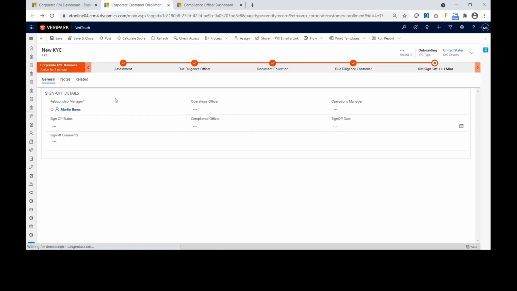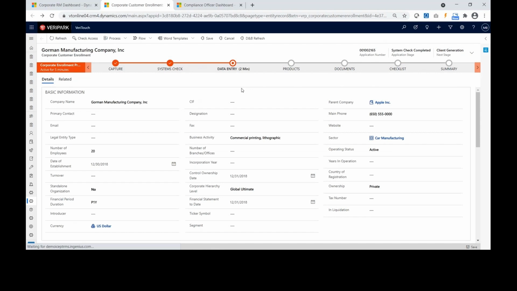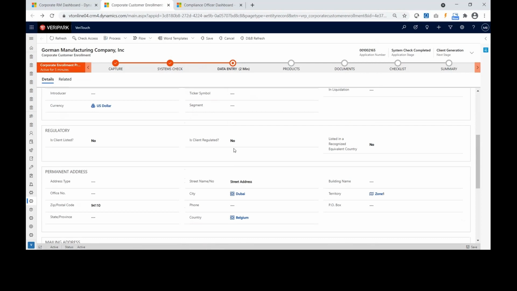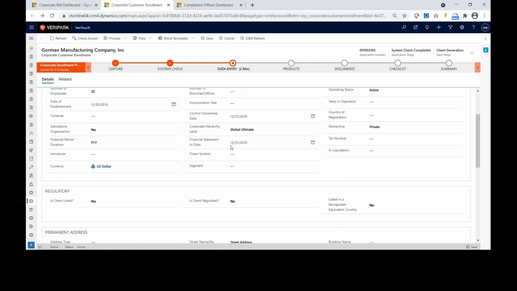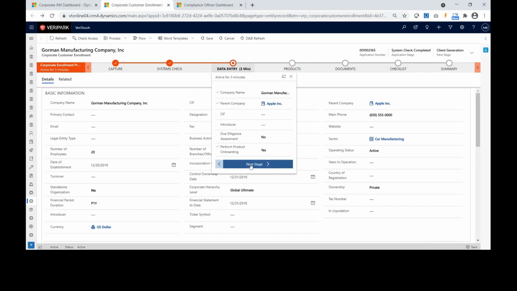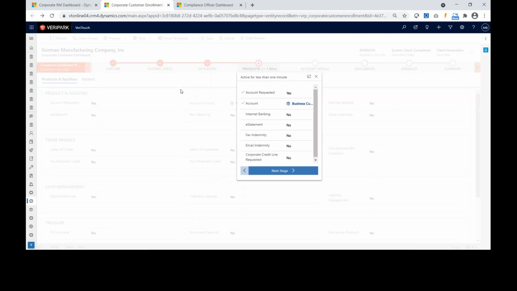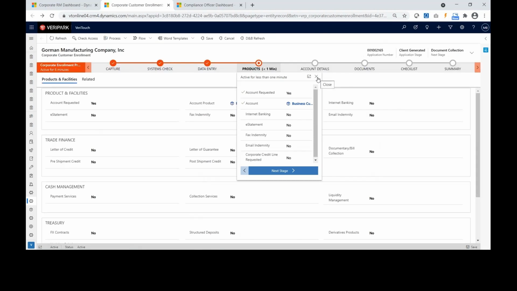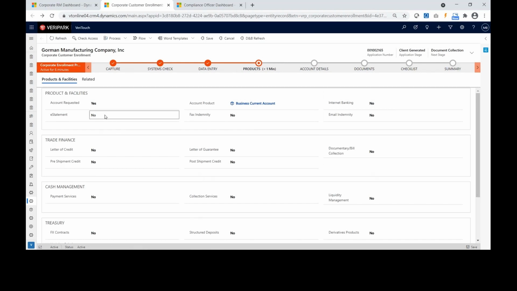So what has the RM done? He's basically gone back to the corporate customer enrollment form. He's initiated a KYC for a particular branch, for a particular country, got the necessary approvals from the due diligence officer, got the risk rating calculated for the application, and now he's good to move forward with the remainder of the onboarding process. The RM says, okay, let's move to the next stage, where the customer is sitting in front of you and wants to make some product selections and decide what kind of relationship the company is looking for from the bank. The RM moves to the product selection step and he tells them, okay, you want a